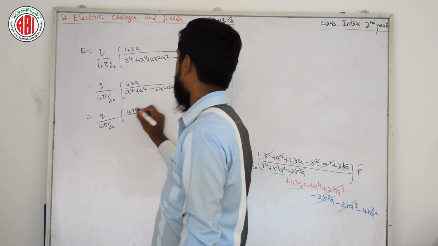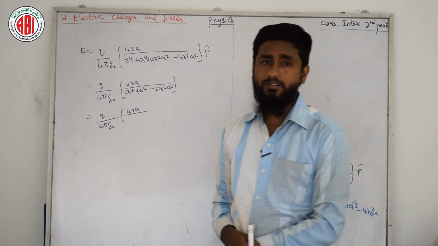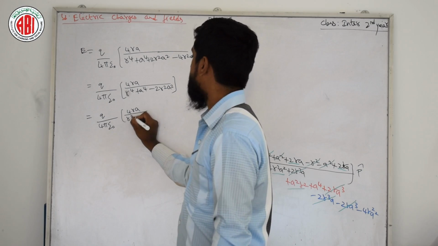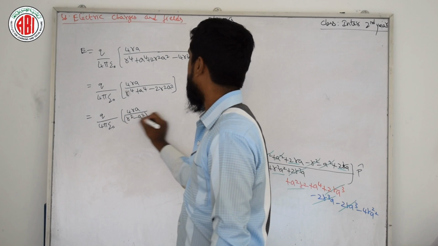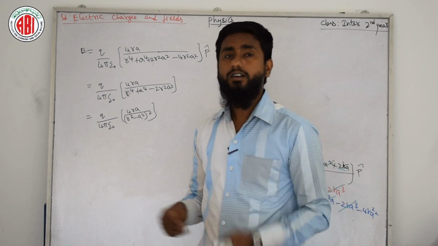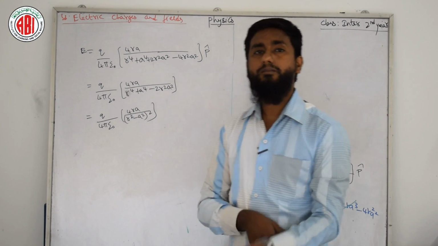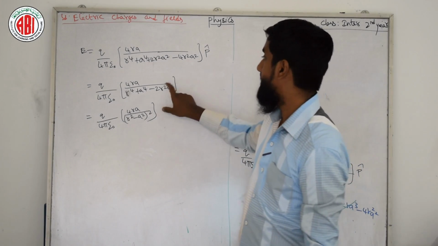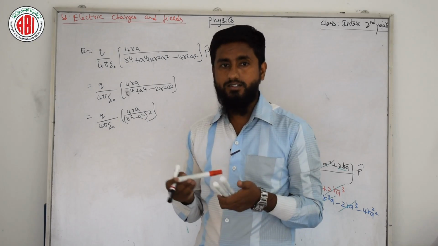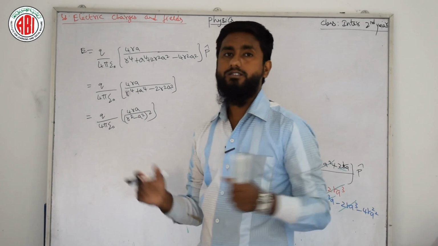4RA, here it will become A power 4, not here R power 4, R square minus A square whole square. Why we get this step: once we open this R square minus A square whole square with the help of the A minus B whole square formula, again we get this step. So this is our final resultant E, that is the total field.